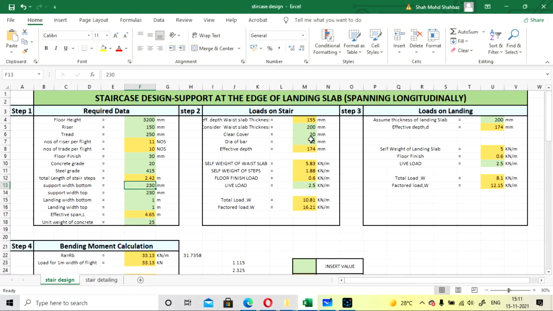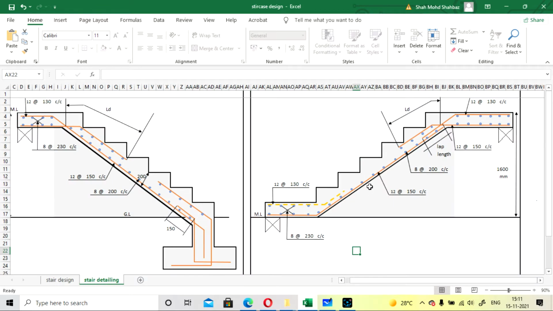And our support width at bottom and support width at top. I've already told you what support width at bottom and top is. If you see, this will be the support at bottom and this is the support at top. For the ground floor that is going on foundation, but from mid landing to first floor, or from first floor to another floor, you can see this is the support, that is a beam or wall. I'm talking about this. If this is bottom, you have to insert the value of bottom, and this is top, so you have to insert the value of top.